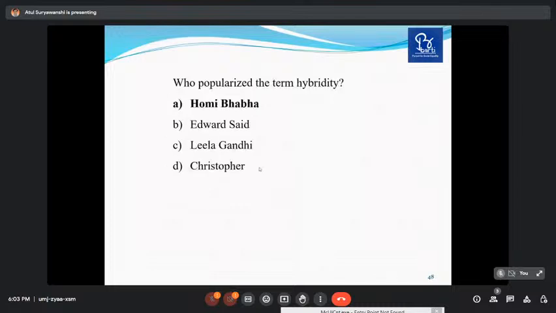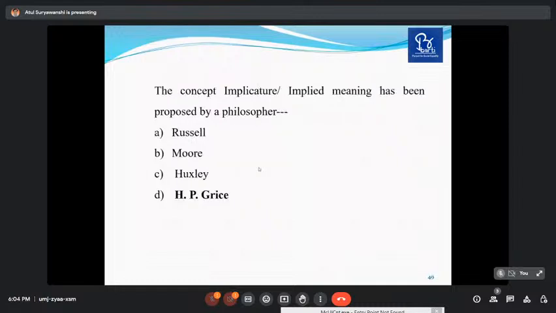The next question, who popularized the term hybridity? Hybridity is some sort of mixing and mingling, amalgamation. And this term was popularized in the decade of 1990 by Homi Bhabha. The next question,